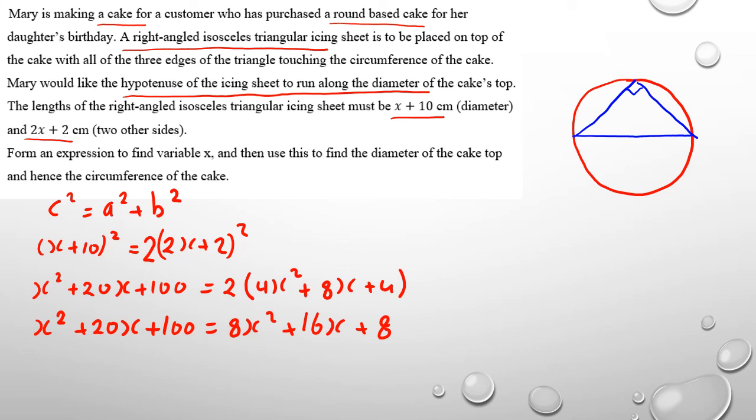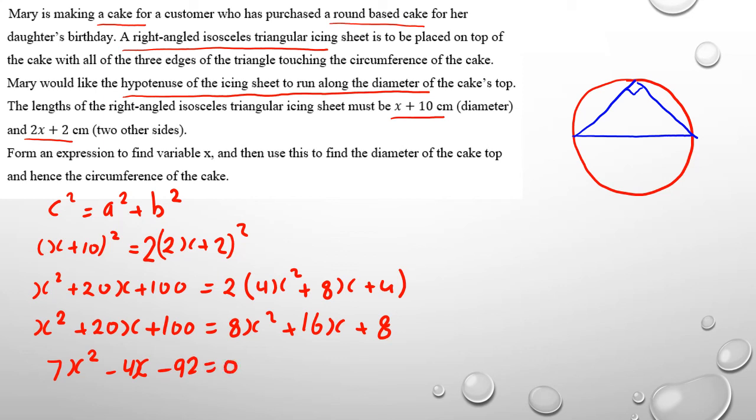And then now we'd rearrange. After rearranging and collecting like terms, I will end up with 7x squared minus 4x minus 92